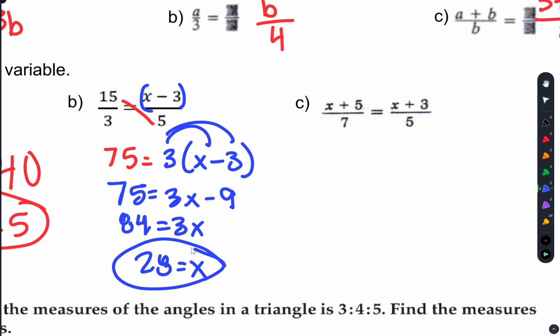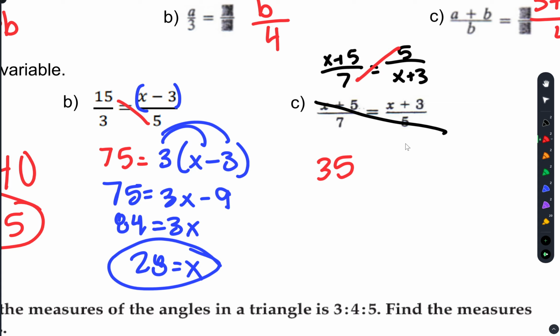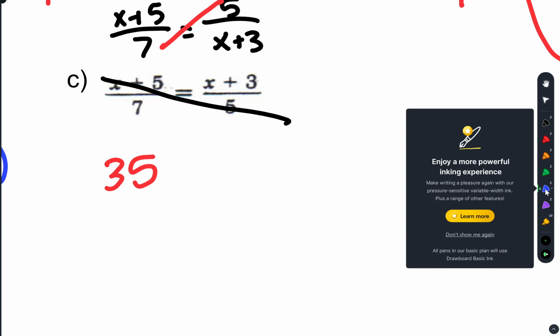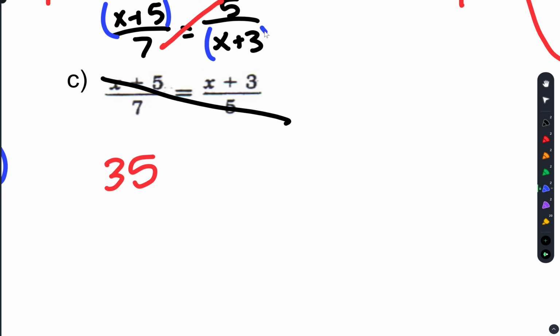Questions on that? Okay, I'm going to change this one a little bit for you. Let's say that it's not like this. Let's say it's x plus 5 over 7 equals 5 over x plus 3. So I'm flipping that second fraction so we can get an example of what this is going to look like, because this will pop up on your homework. Same thing. We're cross multiplying. I'm going to do 7 times 5 to get 35. That's straightforward. But when I do this other side, x plus 5 and x plus 3,